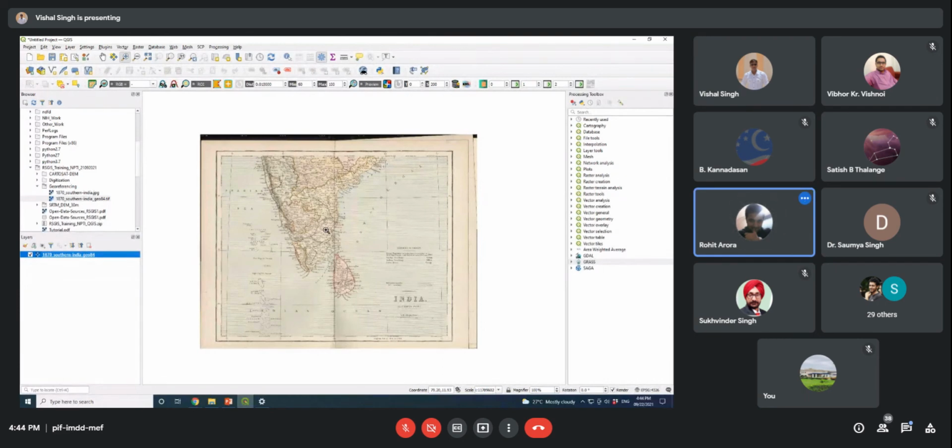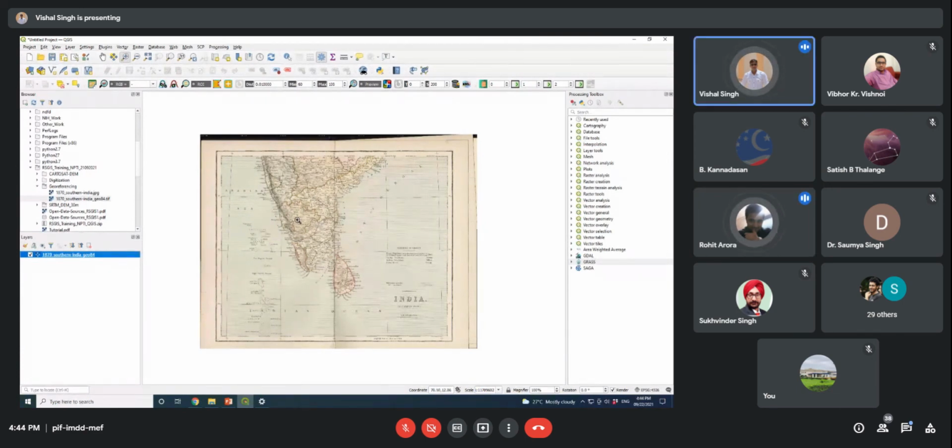Because we have already georeferenced this layer, and we have another map which is not georeferenced, we want to georeference that map with this map. Yes, you can do that.